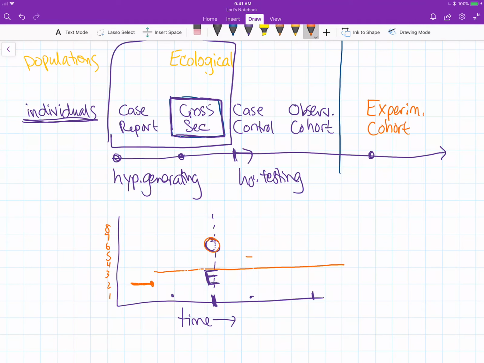If I were to draw where different people in my study have the disease or don't, so in this case 4 of the 8 people had whatever outcome I was looking for. If you can see that somebody who has a really short or quick version of that particular disease, if I do my study here, I'm not going to be as likely to catch people who have that disease for a very short time. I am, on the other hand, much more likely to catch cases that last a really, really, really long time. And by definition, the time that a person has the disease is often related to how severe